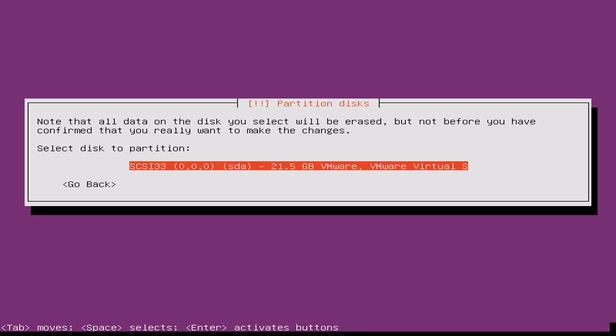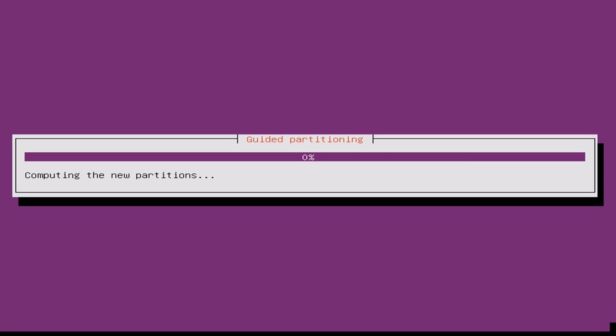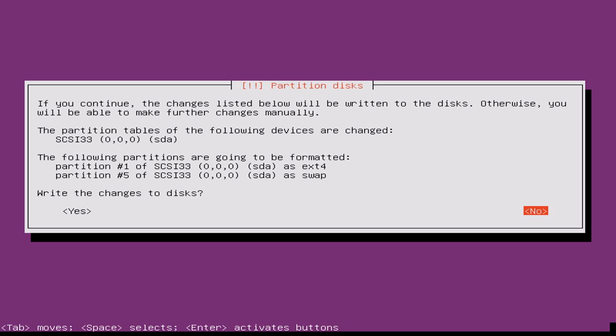It's going to detect the disk that I've provided. Currently you can see that I only gave 20 gigabytes. It's detecting it as 21.5, but the original size of the disk is 20 gigs. So I'm going to select that option, press enter, and it's going to